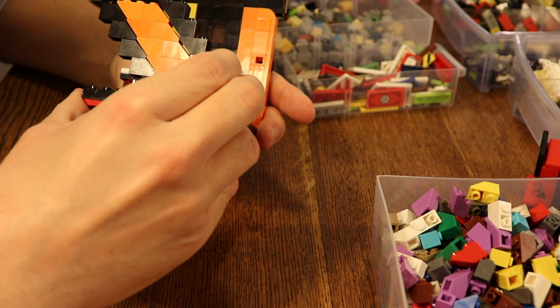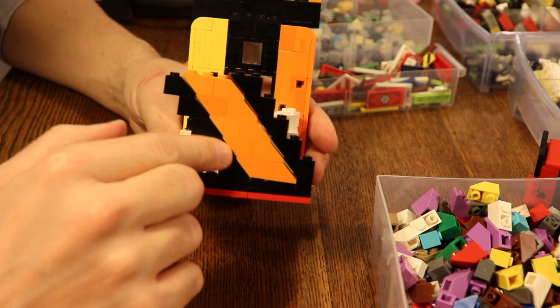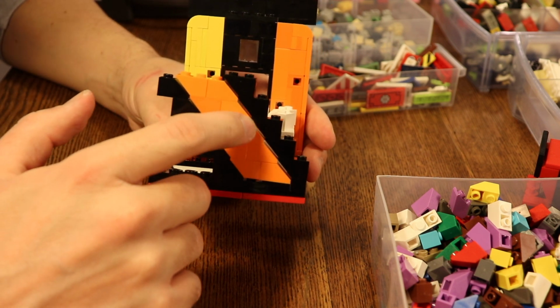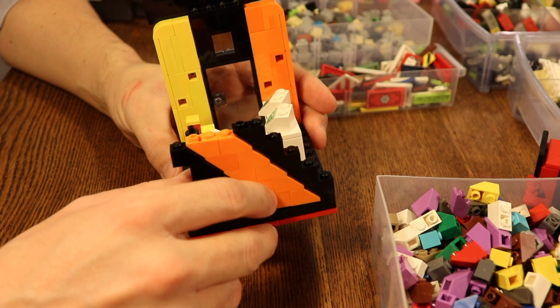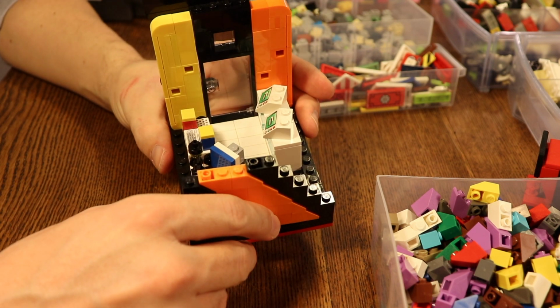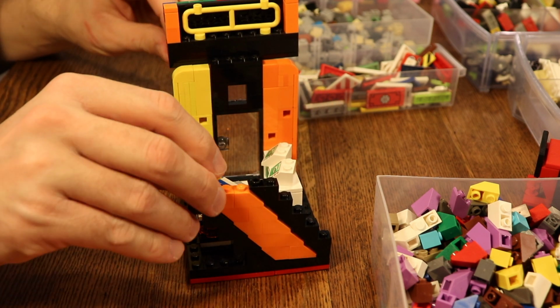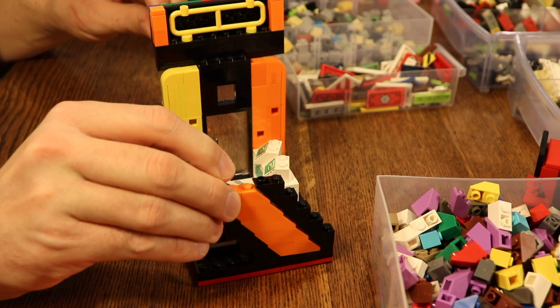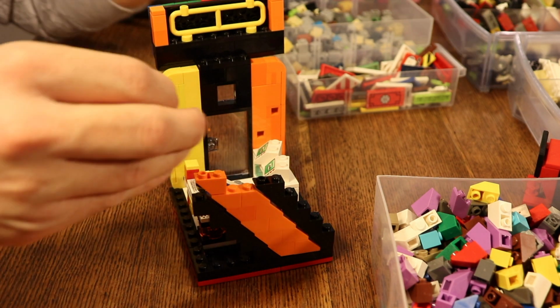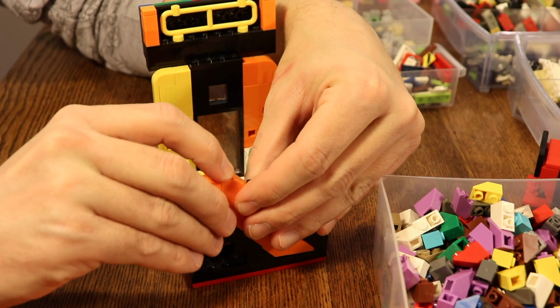Can you add... No, I have no idea. If anybody has any ideas on how to do this, please let me know in the comments below, because I'm not sure I can actually get on with this in any sensible way for now. I'm pretty sure I'll have to do the side walls and then just leave this be until I can actually look up how to do this